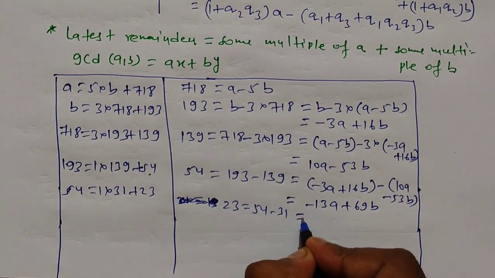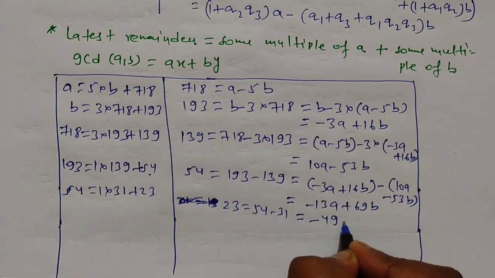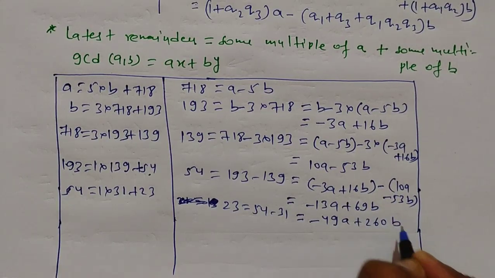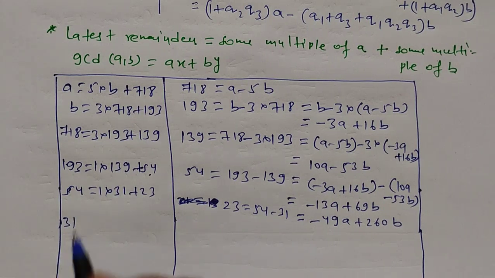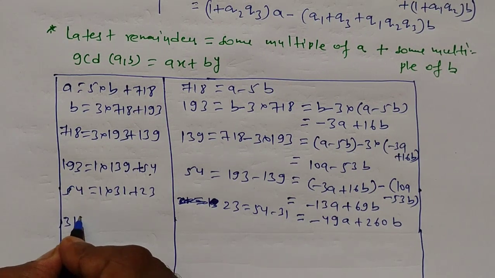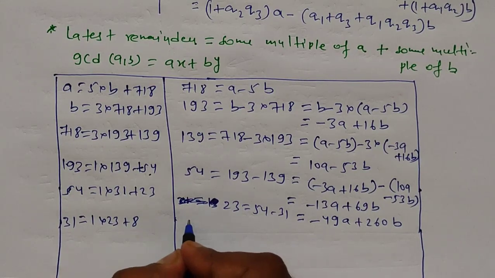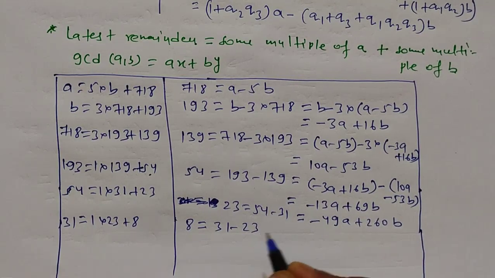So this is equal to minus 49A plus 260B. Again for 31 this is like 1 into 23 plus 8, and 8 is equal to 31 minus 23,